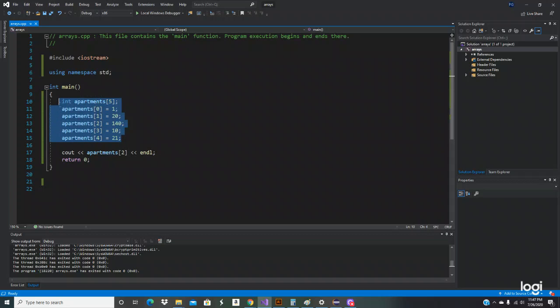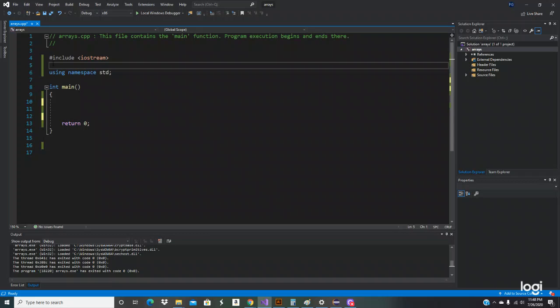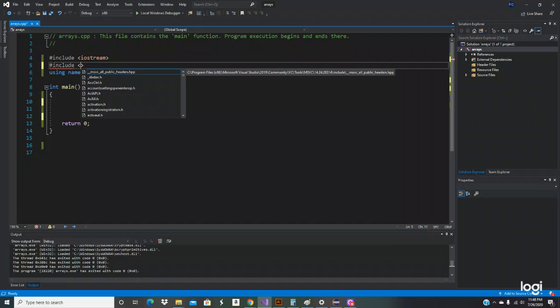Now we're going to do a little user input, really quick. We're going to be doing a guessing game using arrays. So let's include the header files. We need to include